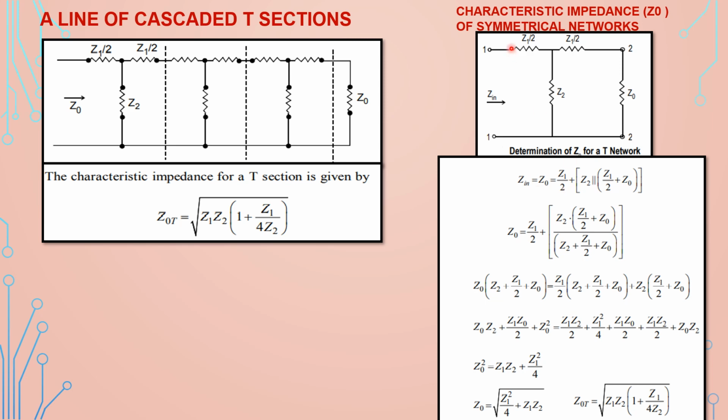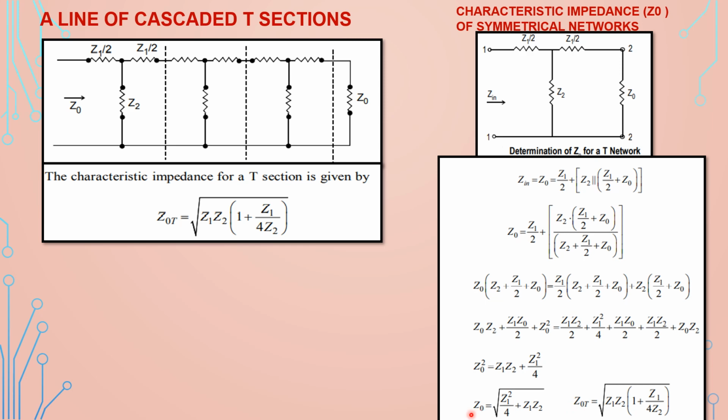That is equal to the series impedance Z1 by 2, which is in series with the parallel combination of Z2 and the series combination of these two. So we write the combination of all the impedances to find the characteristic impedance. Then we take the LCM, expand the parallel combination first, and then rearrange the equation and take the LCM. Finally, we can find the characteristic impedance for this single